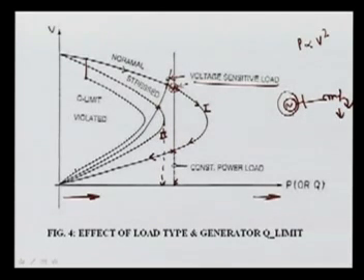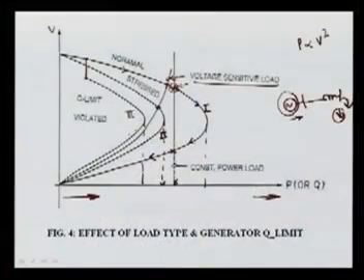Now in this case, if it is violating, you can see our critical loading, the power that we can load here, is much less compared to your stressed system as well as the normal system. So this is your curve 3. The impact of the Q limit is this: if you had infinite reactive power, then you can have this normal curve and load as much as possible up to this point. This is the critical loading. So if the reactive power limits of the generators are violated, then our PV curve is reduced, and we can load less.